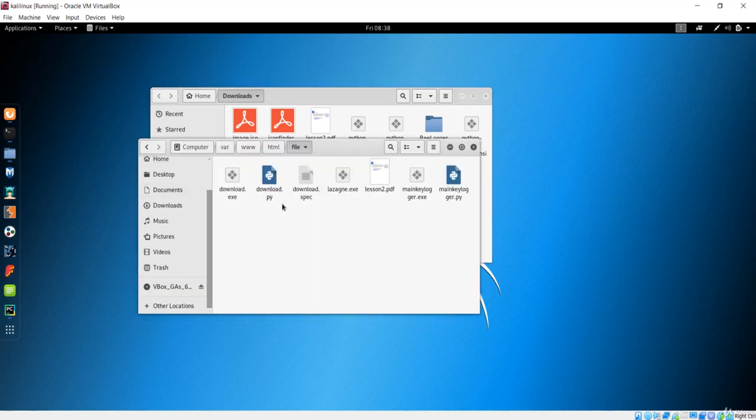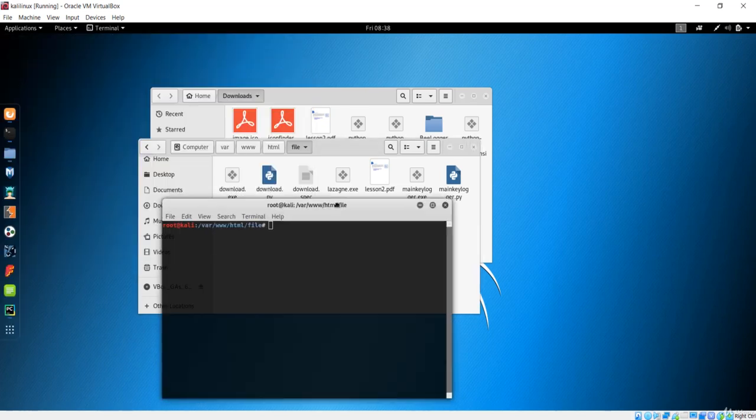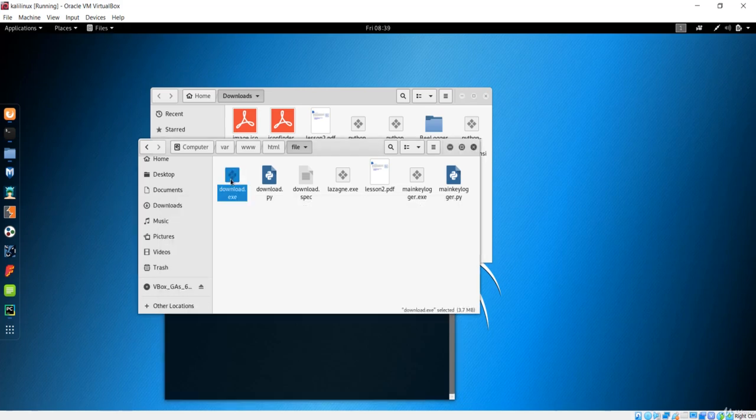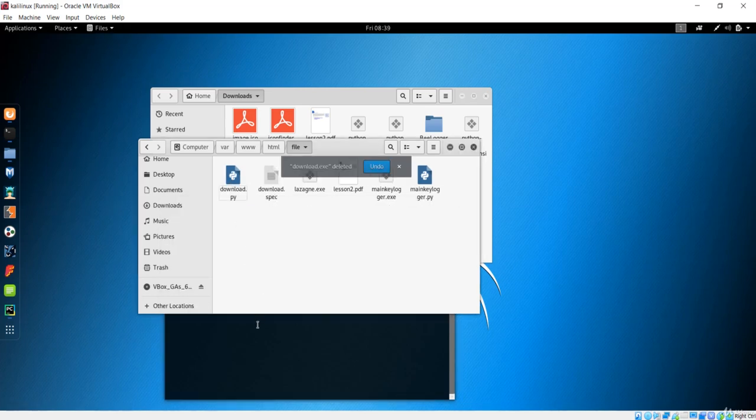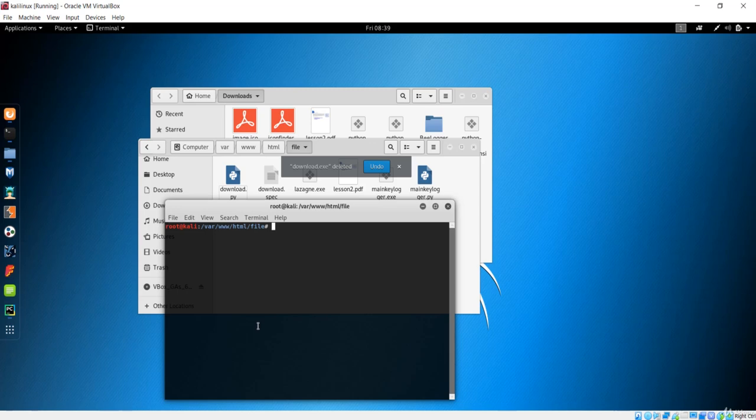First of all, let's go to the file, which is download.py. We want to convert this download.py into the exe file, as we normally do. Let me remove this, and here I want to change the icon too. To do that, we have this Wine configuration in order to work with PyInstaller. Let's navigate to the directory of PyInstaller.